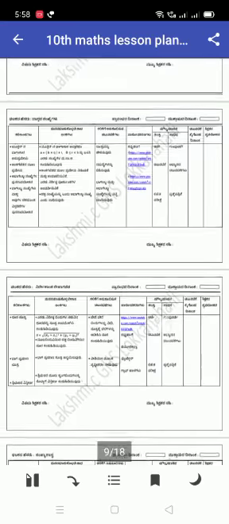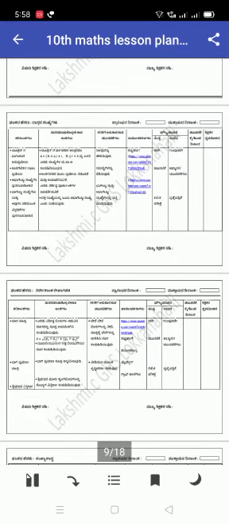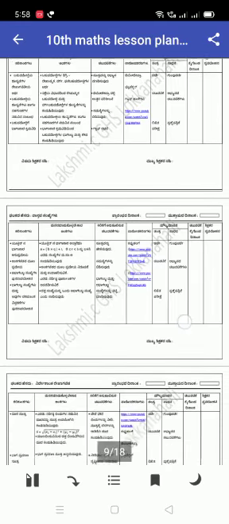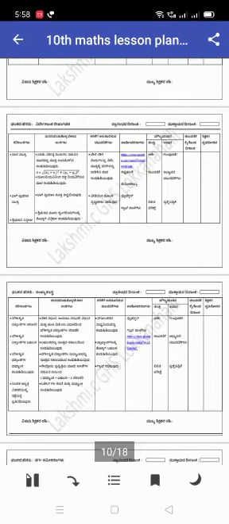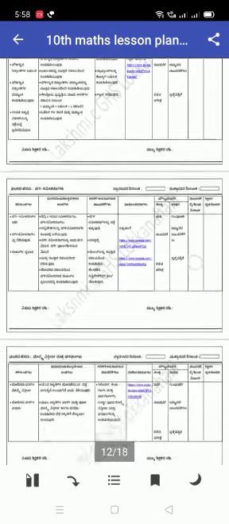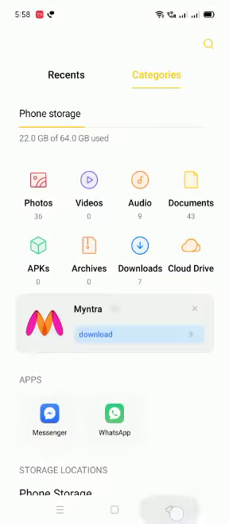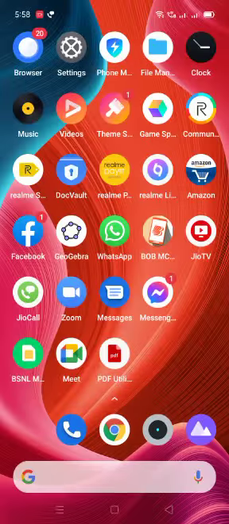After looking through the PDF file, you just note down the page numbers which you want to extract. Here I have noted that page number 10 and page number 11 I want to extract. After noting the page numbers, you just close this PDF, and then in order to extract these certain pages, you